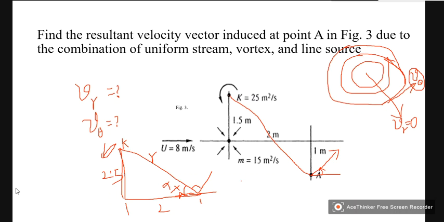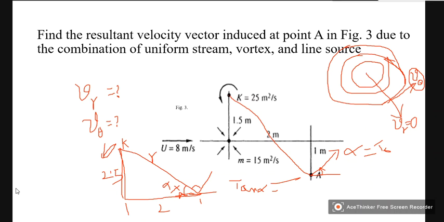So what is tan alpha? Tan alpha is 2.5 by 2. So alpha is equal to, you will get something,